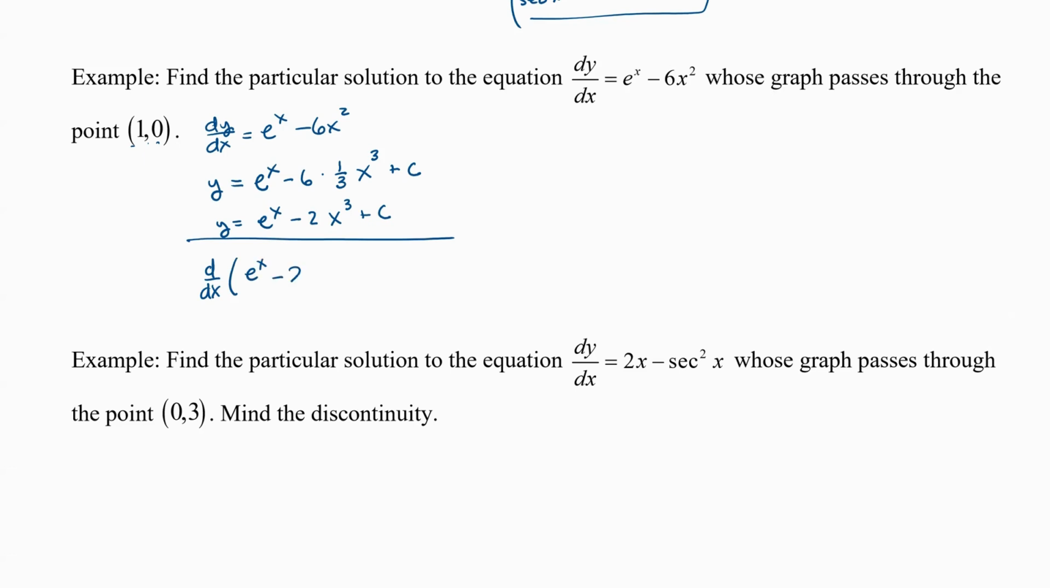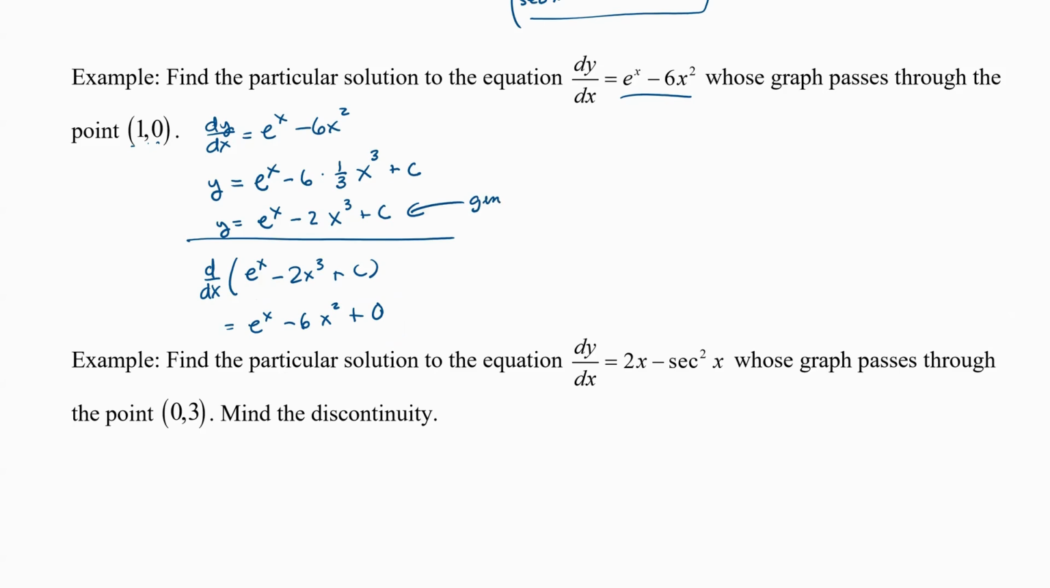The derivative of e to the x minus 2x cubed plus c is e to the x. Bring the power down, that's negative 6. Reduce the power by 1, and then plus 0. And we can see that, indeed, that matches our original differential equation. So that's, again, this answer right here